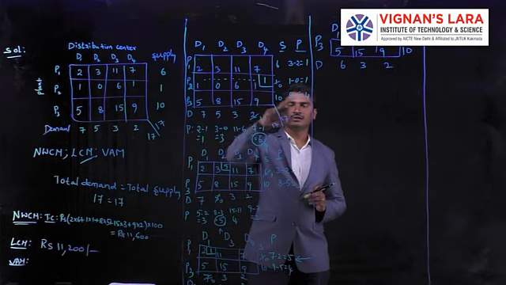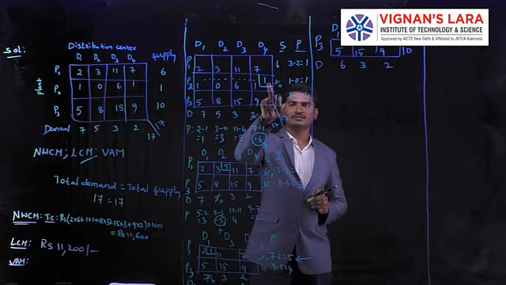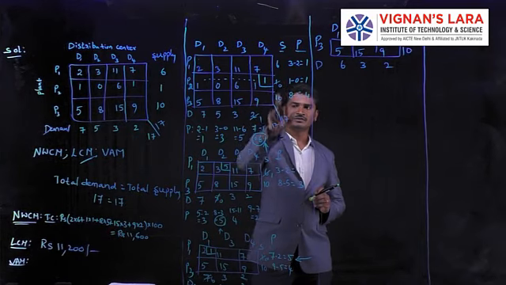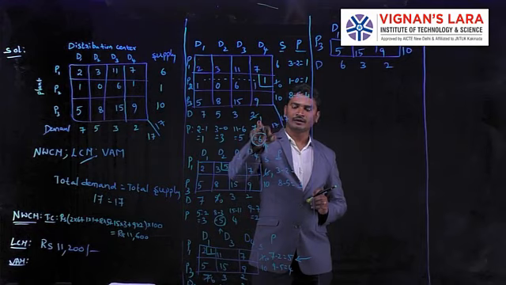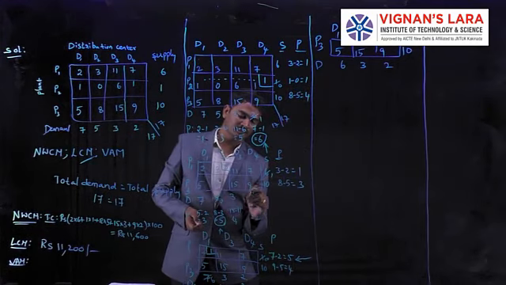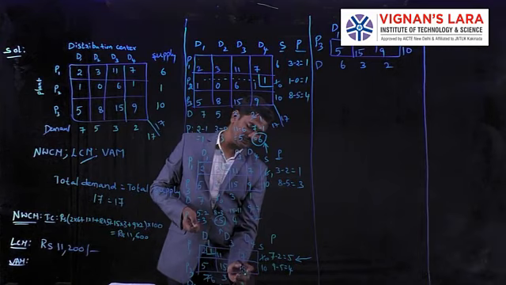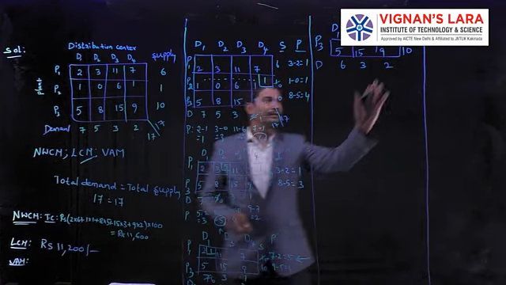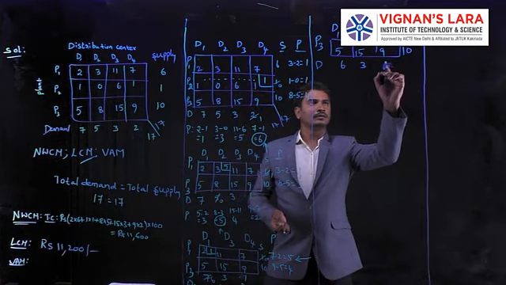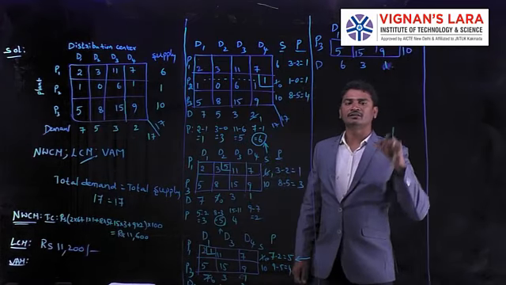Coming to this table, here we allocated 1 unit. After allocating, supply is 0 and demand is 1. But here we have taken 2 units, that is wrong. So we have to take 1, and here also we have to take 1. Then here 1. Here we have the 1 by 1, we are getting the 1 by 1 matrix.